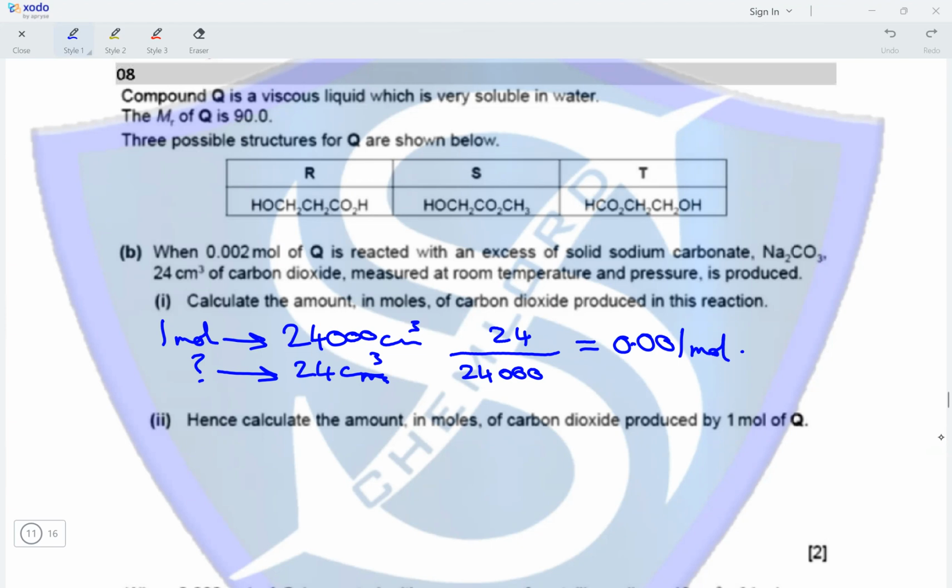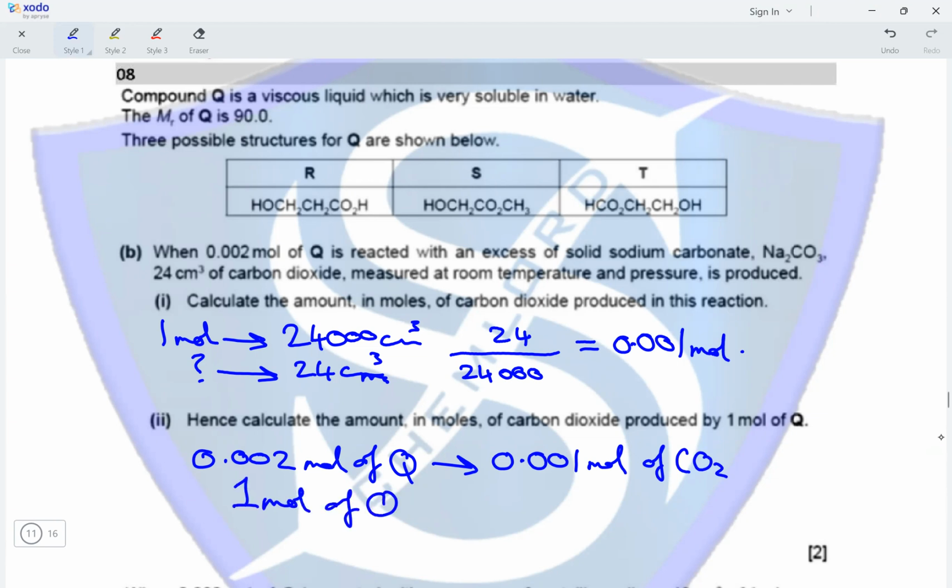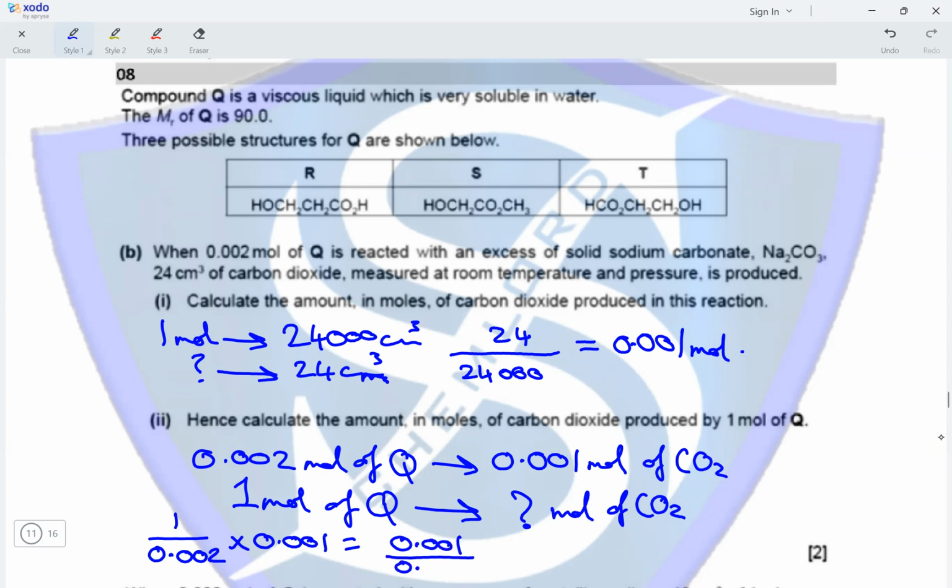Hence, calculate the amount in moles of carbon dioxide produced by 1 mole of Q. So the question started off with 0.002 moles of Q reacting. 0.002 moles of Q produces 0.001 mole of CO2, and therefore 1 mole of Q will produce how many moles of CO2? Here we would just calculate: 1 over 0.002 times 0.001, which becomes 0.001 upon 0.002, which is equal to 0.5